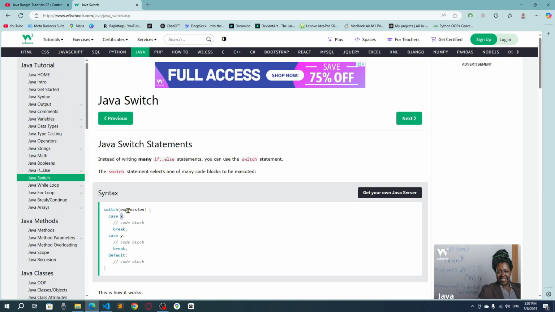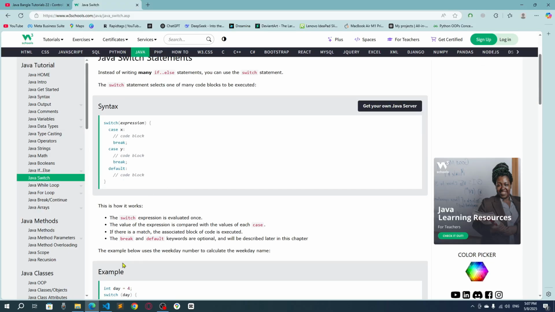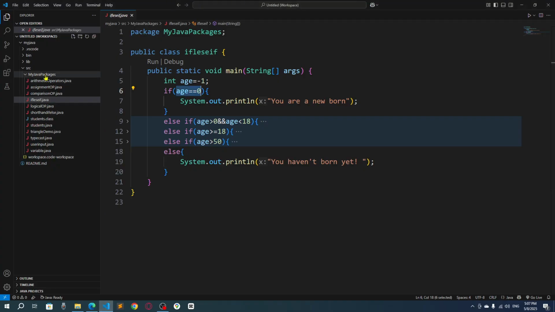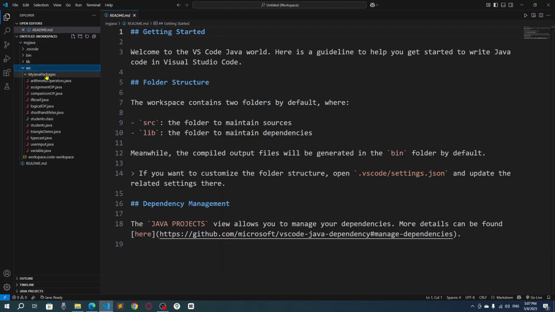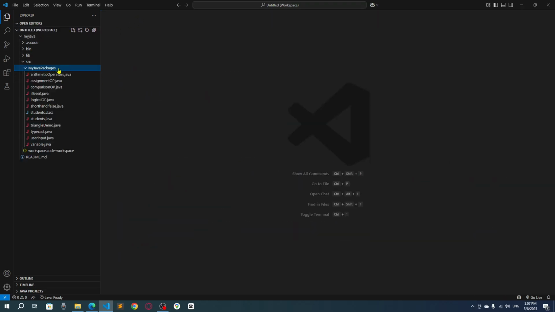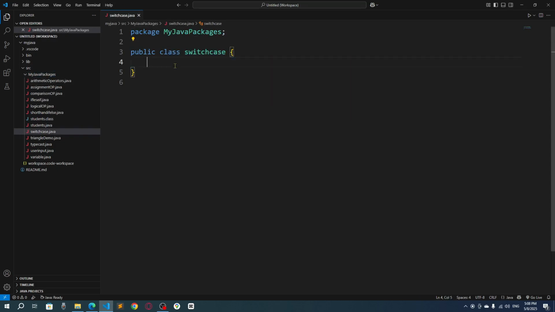Okay, let me show you some examples so that you can understand well. So let's go and create a new file. Here you can see I'm in the source file, and here is the package. Inside this package I'm going to create a new Java file. I will name it SwitchCase.java, and here I'm going to write the public static void main method, and inside it I'm going to say,